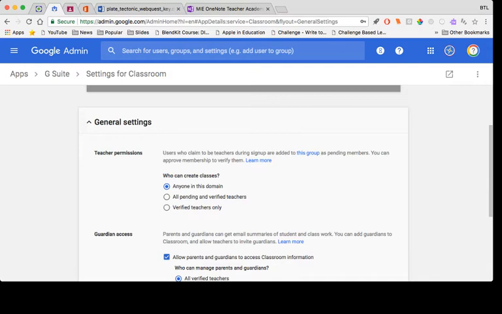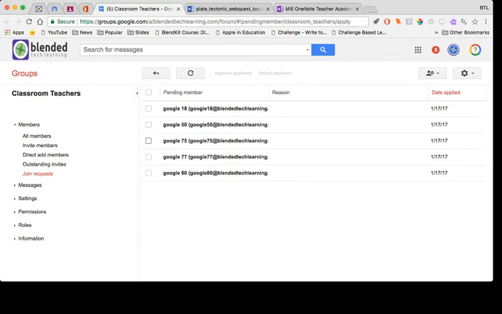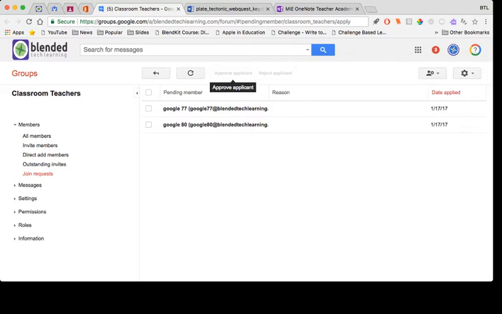They can easily turn that on for you by approving you. They would go to the general settings, go to the teacher permissions, and click on this group. It will take you to a Google group, which is created for all the teachers that are verified. It will show under here that you have a join request. So I can click on particular teachers that wanted to join and approve them, and that's all they would have to do. And then I can also reject